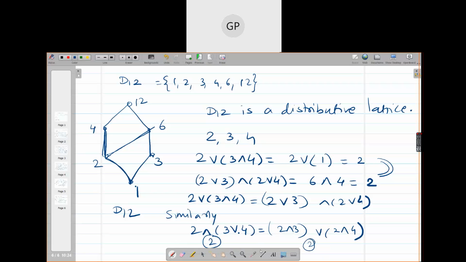Remember the poset or lattice whose Hasse diagram looks like this. Then there is D20 also, there is D45 also. These are distributive lattices. If it has a cubical structure, it is a distributive lattice. If it has a rhombus structure, it is also a distributive lattice: 4 elements, 6 elements, 8 elements. These are distributive lattices. Have you understood this?